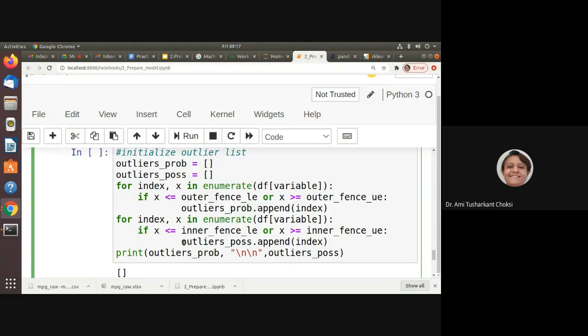If it is so, then we store it with outlier_pos.append. So if a value falls outside the range defined by outer fence LE, outer fence UE, inner fence LE and inner fence UE, then you can see that we are storing them in the outlier list. For both the inner and outer fences, we store them in different lists, right? Okay.